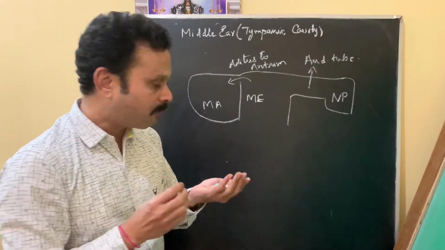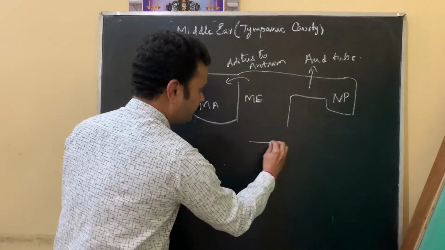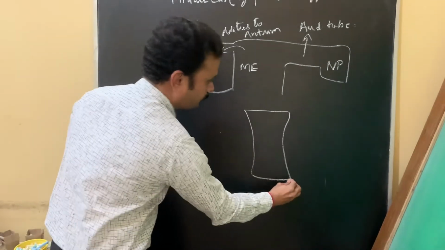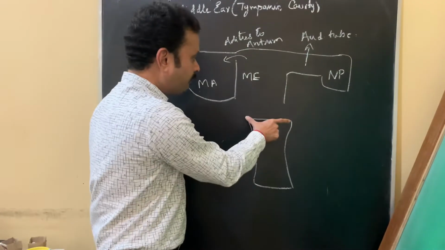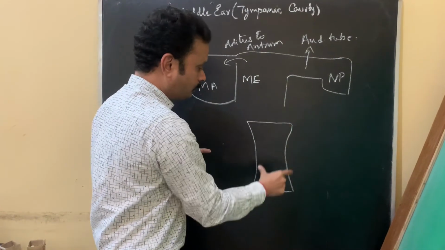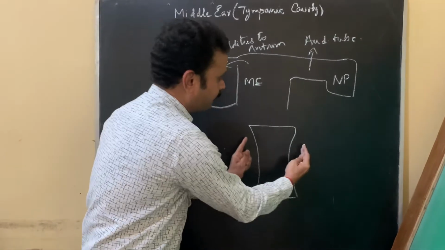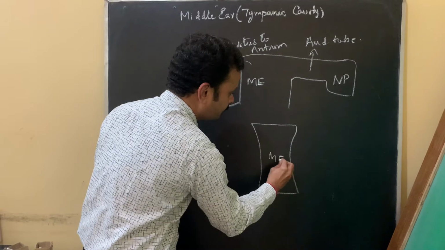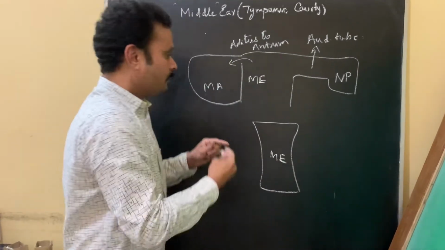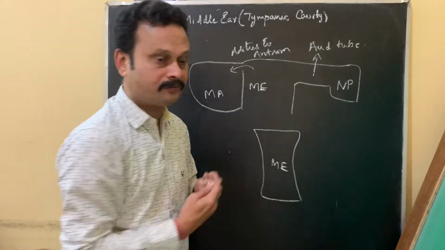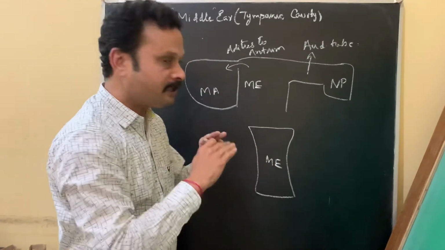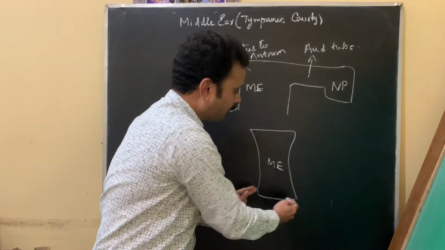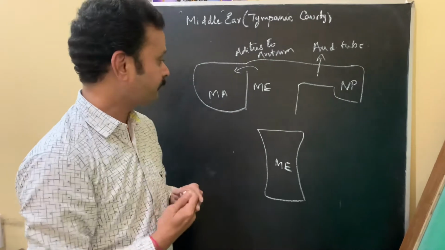Shape. If you see the shape of the middle ear, it is shaped like a biconcave disc like an RBC, being wider above, constricted in the middle with the convexities directed towards the middle ear. The roof being wider than the floor, the posterior wall being wider than the anterior wall, thus overall making an hourglass constriction in the interior.